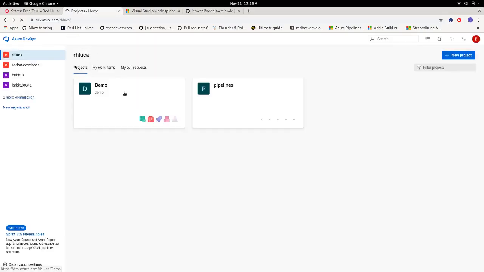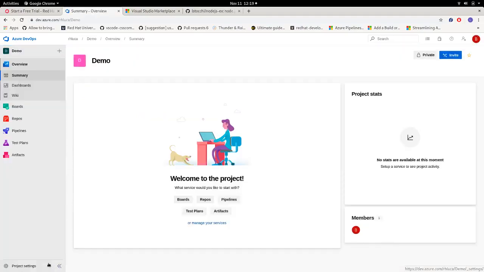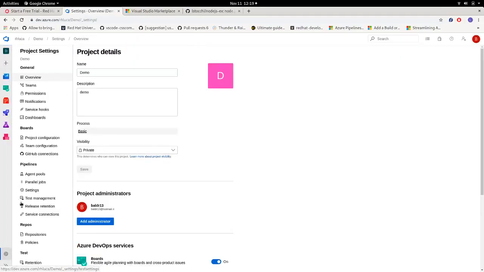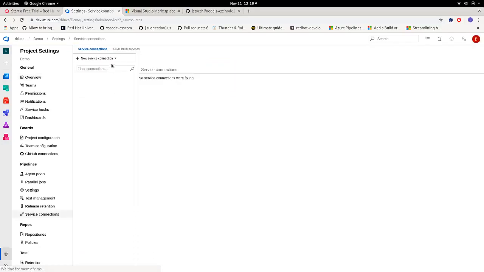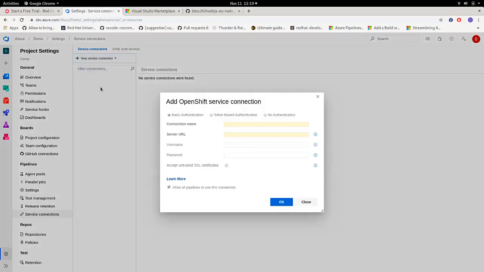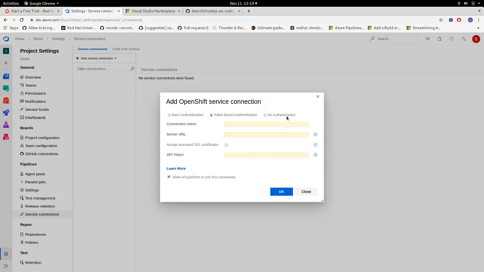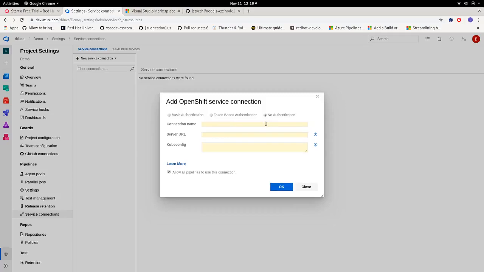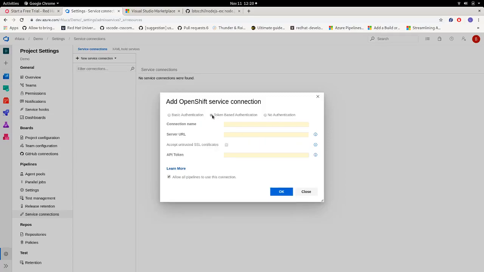So let's go back to our project. Click on Project Settings, Service Connections, New Service Connection, and here let's click on OpenShift. Now you can find three different authentication forms. For the basic authentication, which uses username and password, the token, which uses an API token, and then the kubeconfig authentication, which uses the content of the kubectl configuration file. For this demo, we're going to use the token authentication. As I said before,